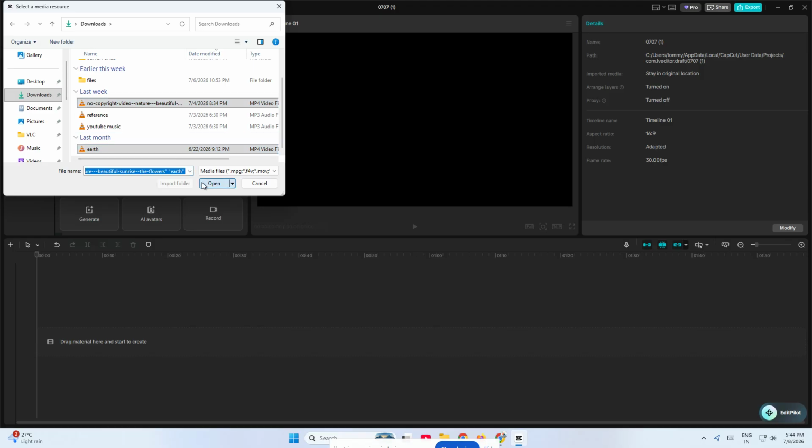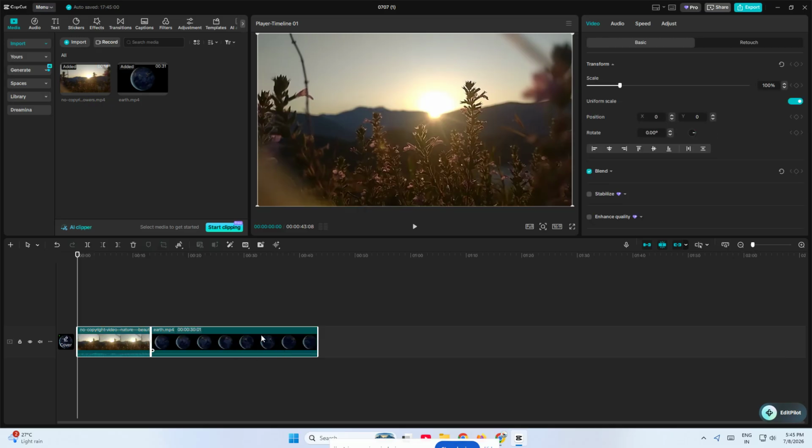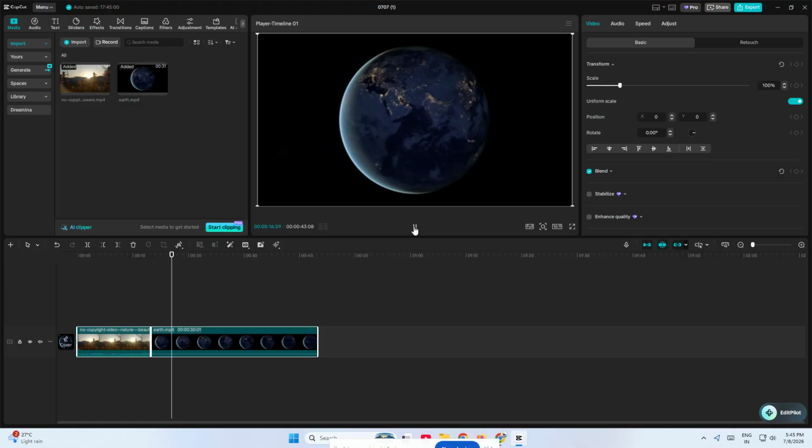CapCut will then import the files into your media library and they'll be ready for you to drag into the timeline and start editing. That's really all there is to it. In just a few simple clicks, you've learned how to import files on CapCut and get your project set up